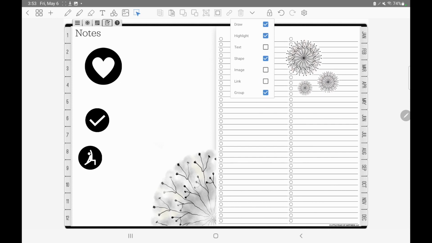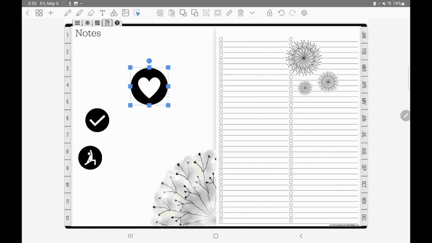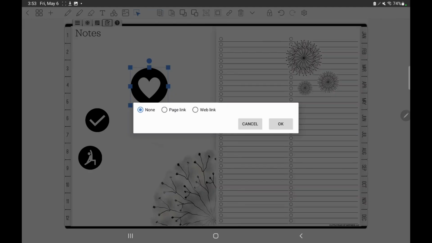And we don't currently have a link on a page, but I can go ahead and show you how we can do that. So at the moment I wanted to click on this image here, but I can't because I have image turned off. So let me go ahead and click image on, click this, and then when I click this image, I can actually activate this hyperlink icon, click it,